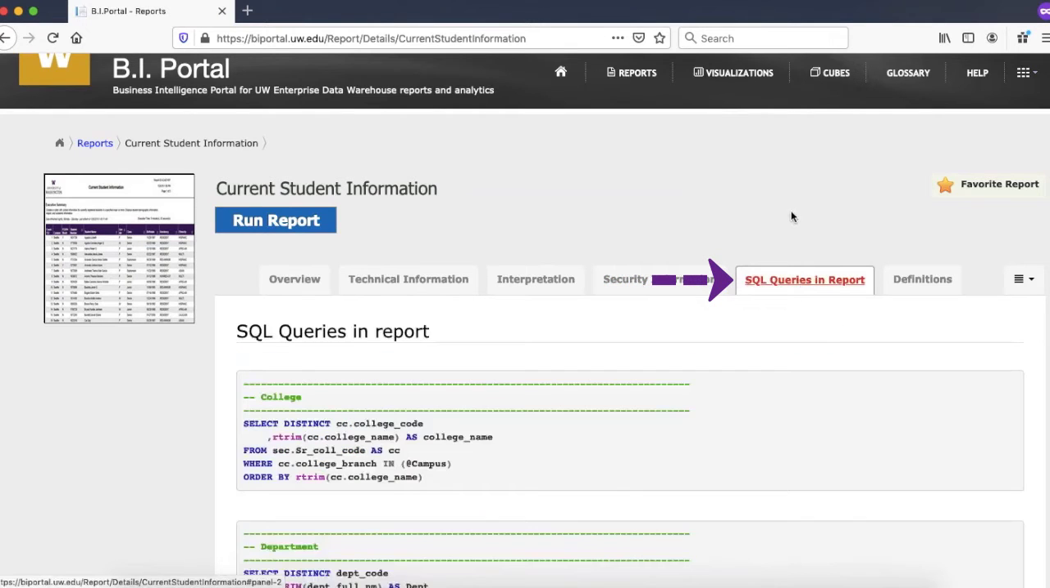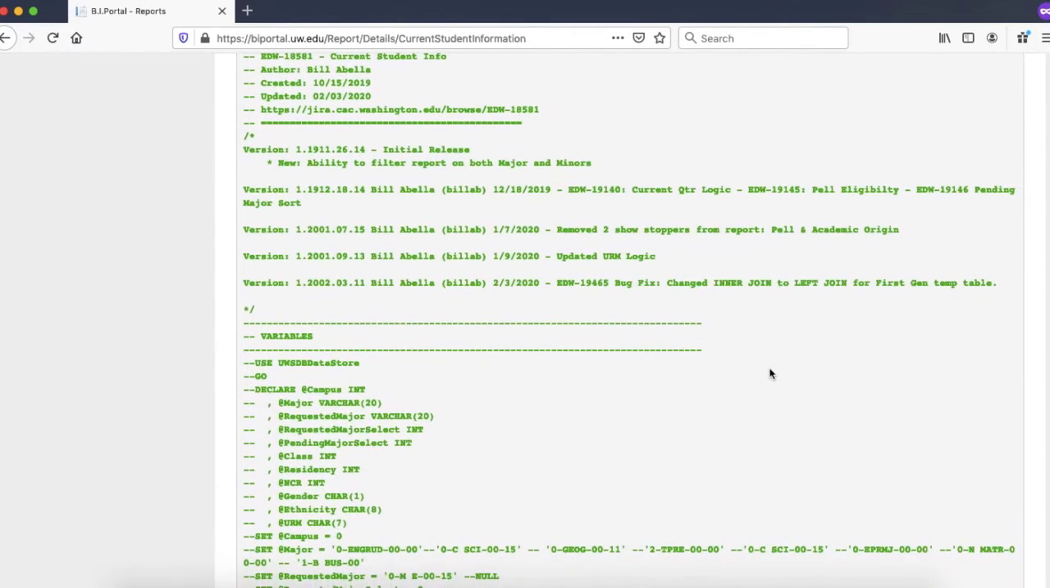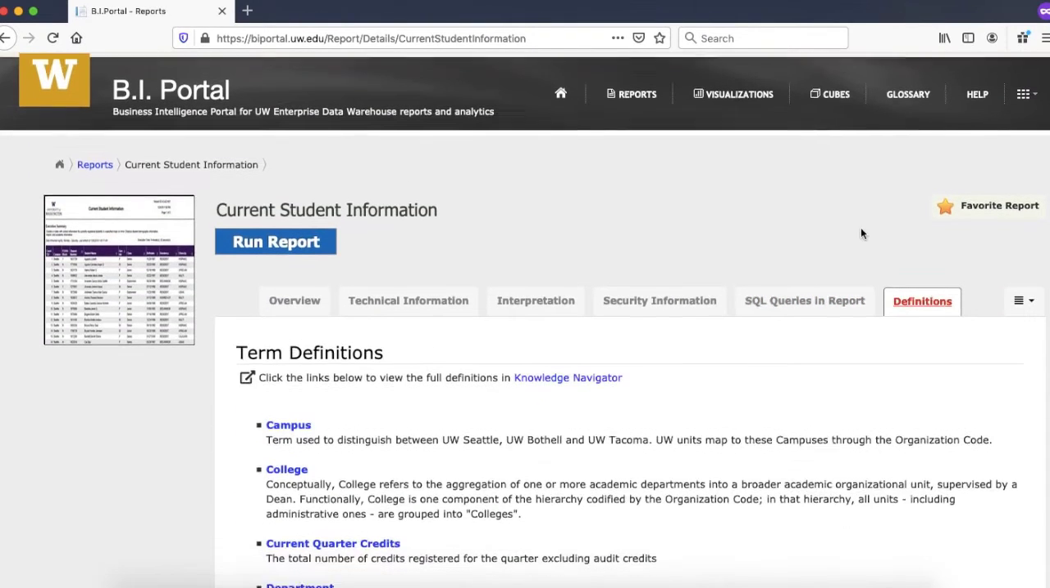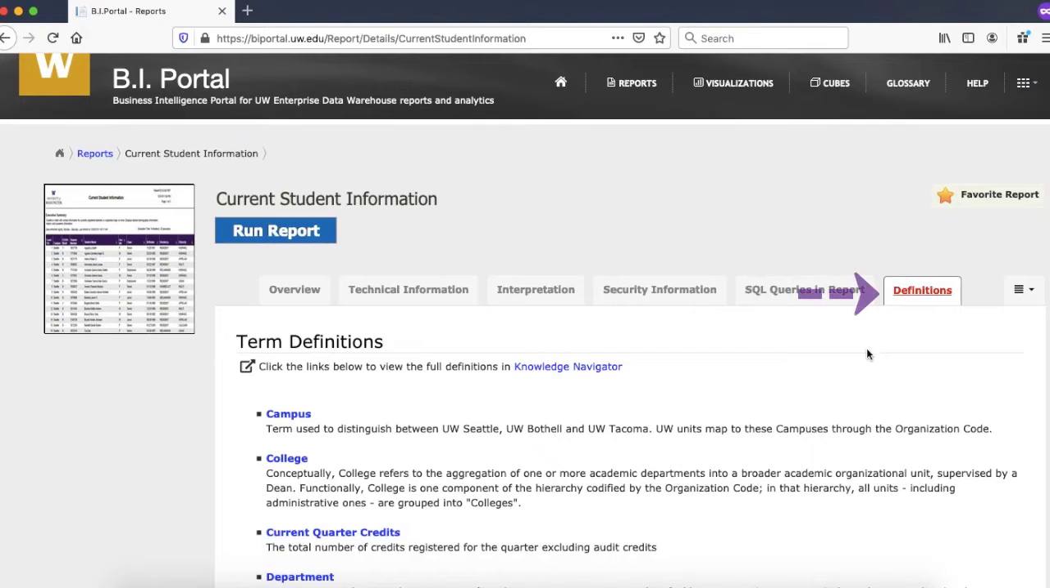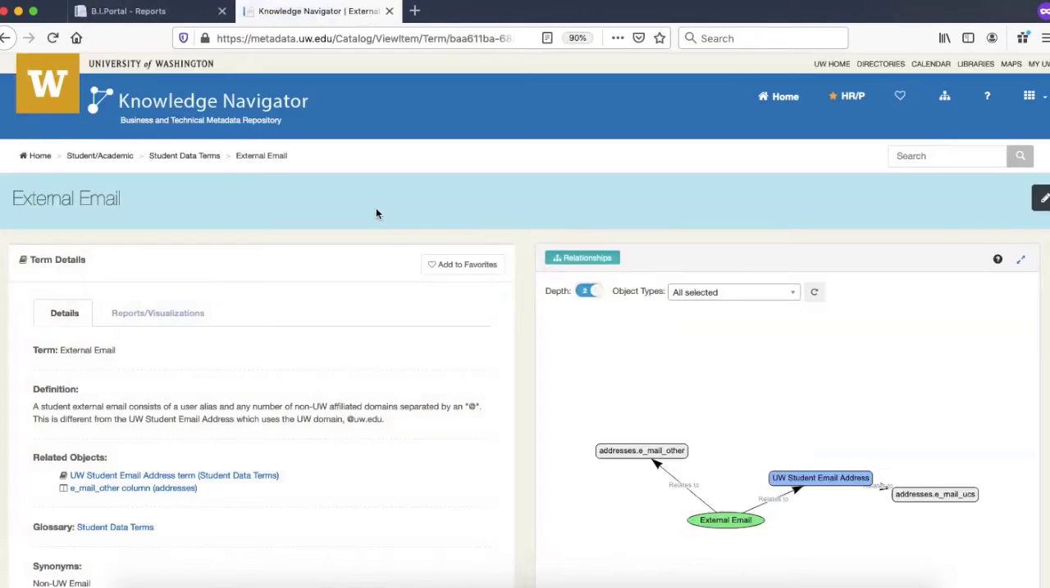The next tab, SQL Queries, is important for developers. If you want to recreate this report or run your own version, this tab will give you the source query that was used to generate the report. Each time changes are pushed to the BI portal, this query is updated. Relevant terms are documented for each report. These are listed under the Definitions tab that provides short descriptions. Clicking a specific term will open the Knowledge Navigator tool in a new tab. This will give you the full definition along with specific relevant details such as related options, glossary, synonyms, and its